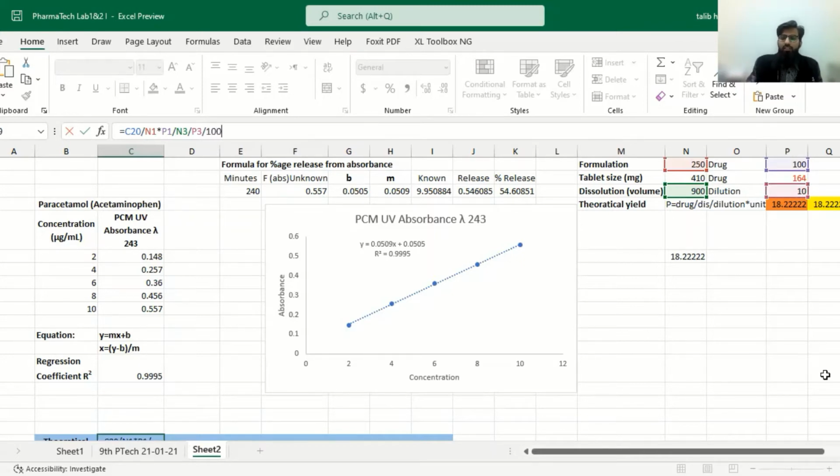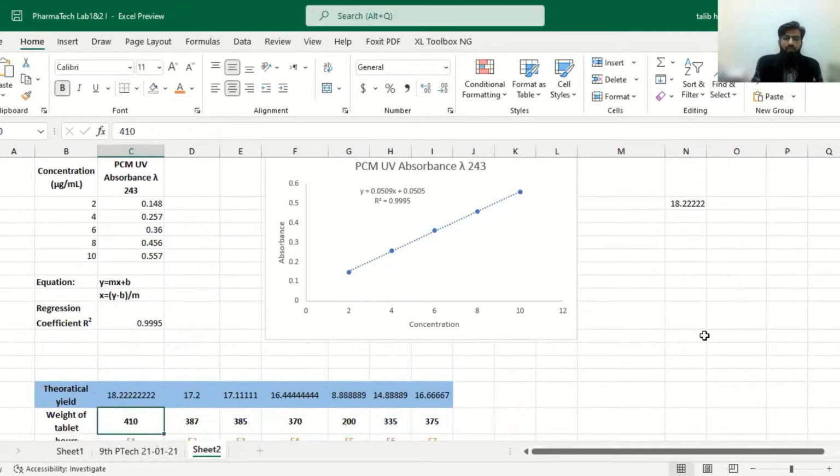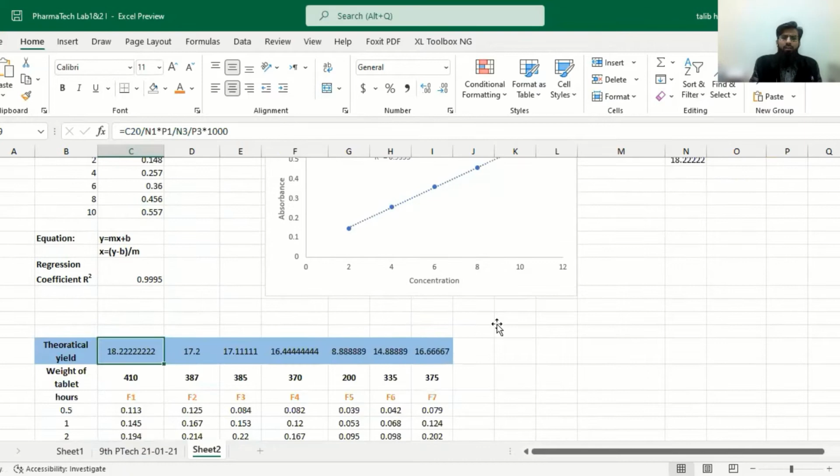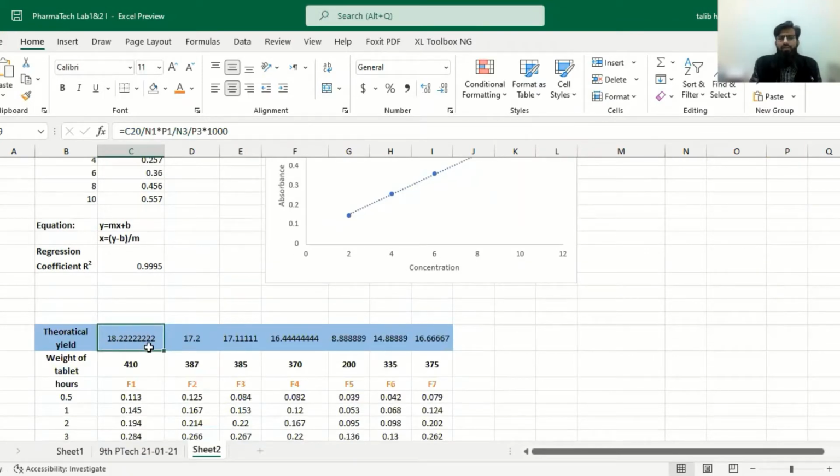So you have to convert it into microgram concentration. So we have to multiply it with 1000. This will give you the same answer as the same weight was used as an example over here. So it will give 18.222 value of theoretical yield.